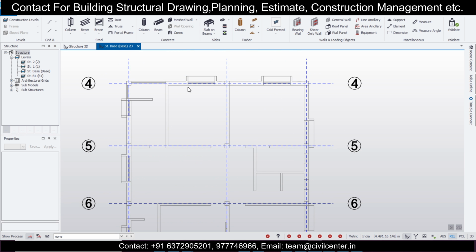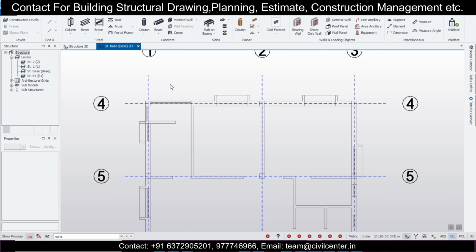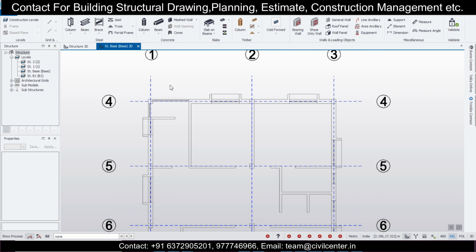So now we'll give the columns. Here we're giving all the loads in the Indian code in all the metric units. If you want to give a 10 inch into 10 inch column, we'll have to convert 10 inch into the particular suitable size in mm. 1 inch goes to 25.4 mm, so 10 inch will be 254 mm. Like this we can change later. Let's give 254 mm right now.